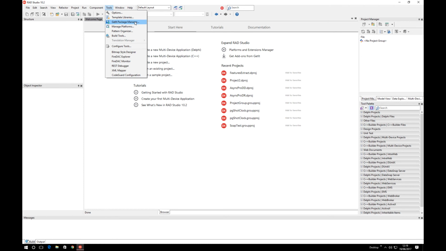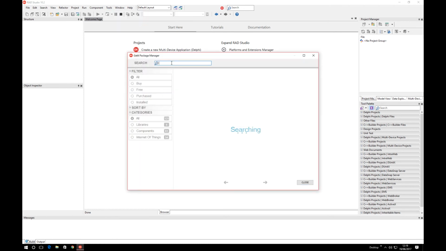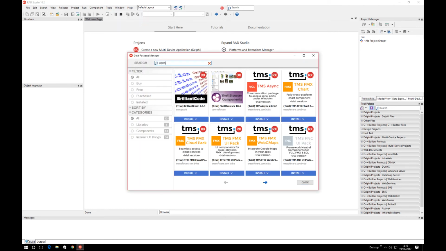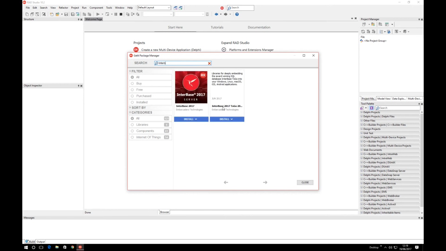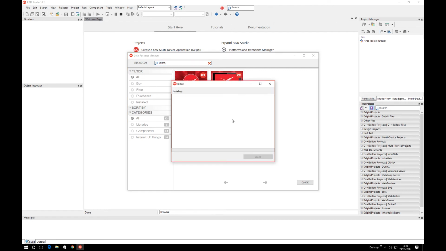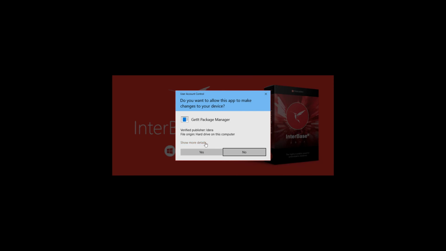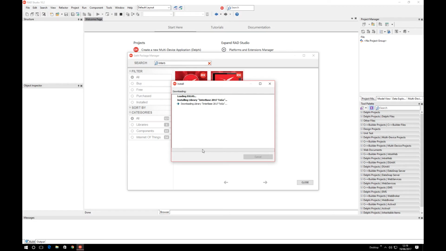Now under Tools there's the GetIt package manager, and within here I'm just going to start typing in InterBase, and you can now see we have two different options in here for InterBase Server 2017 and also the InterBase ToGo. So I'm going to go ahead and install the InterBase ToGo, and yep, allow package manager to install these bits. I can see this only takes a few seconds just to download the libraries and extract them into the right